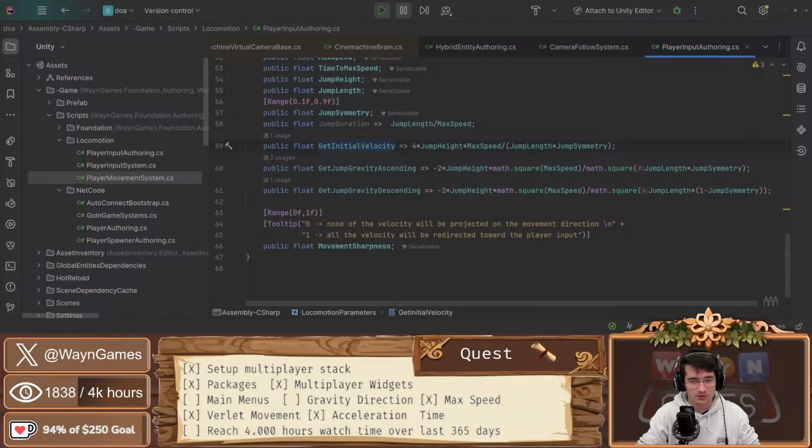For HVX over D, 4h jump height, maximum speed divided by the distance with the jump symmetry. So that's okay. And the gravity,